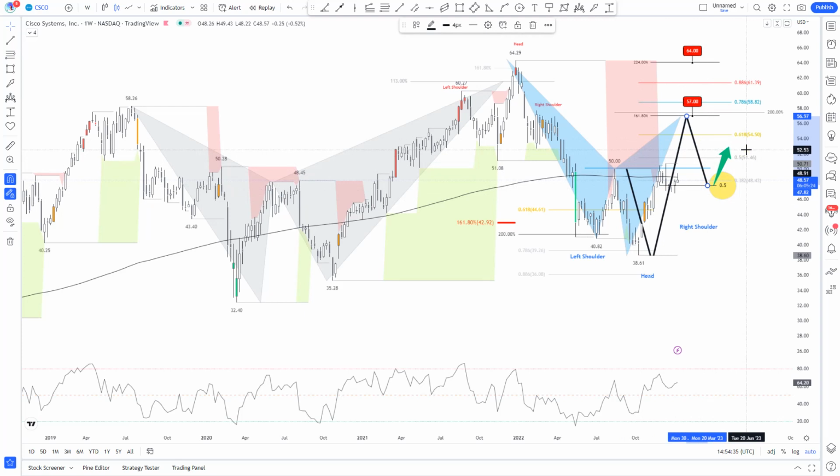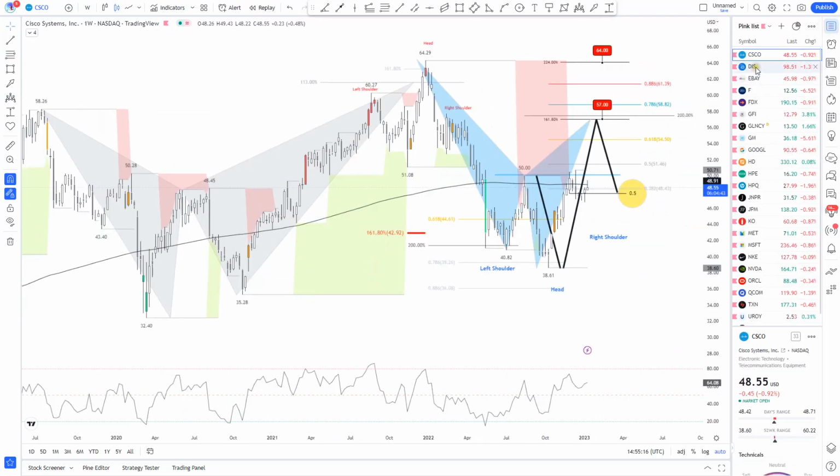This is pure speculation, but just preparing for the next weeks ahead on Cisco. So we prepare for the eventual breakout above this $50 level, because it's important. As you can see, even if the price completes the shark pattern, this price zone will be important later to define the direction, either a bounce and potential more upside, or a break below and eventual retest of the lows and more downside momentum. So this will be important to follow.